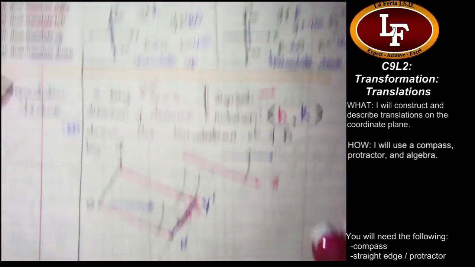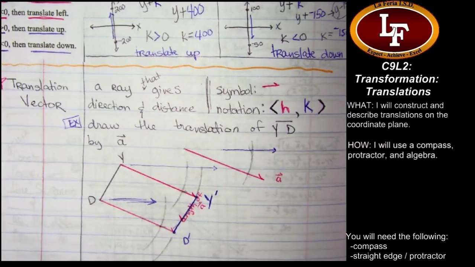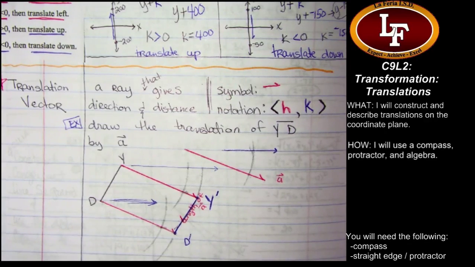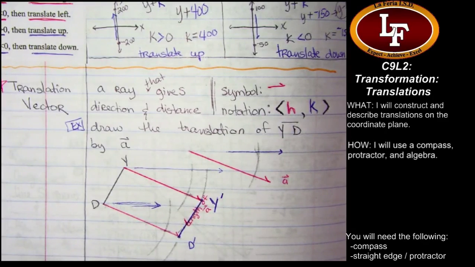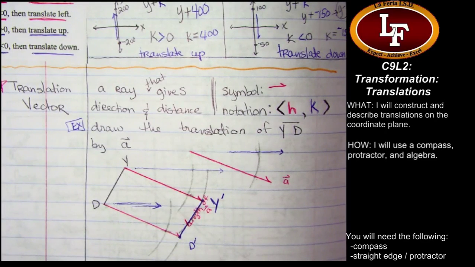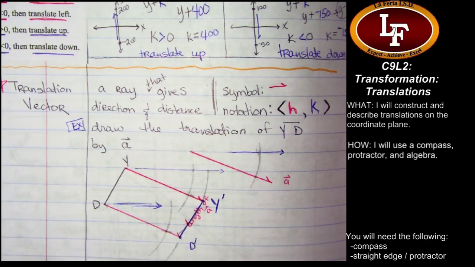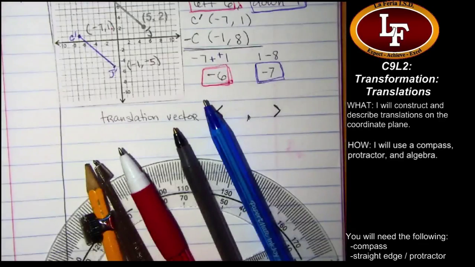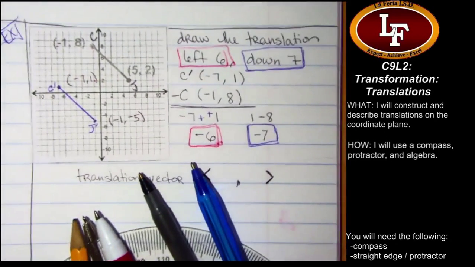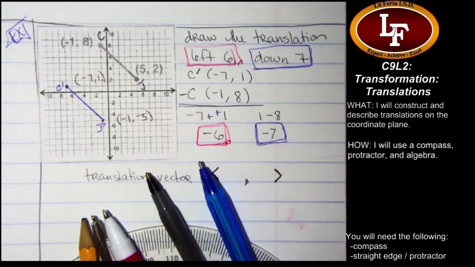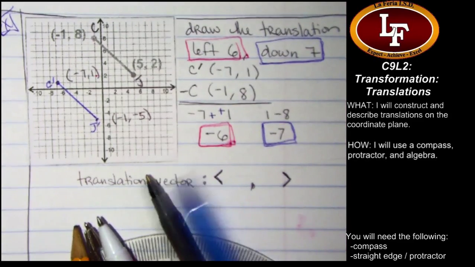And then we talked about the translation vector, and we did this weird thing where we translated stuff and we didn't have any numbers, and we had to use our compass and protractor. I know that for some this was weird, so once we finish the examples today, we'll come back and do a new construction a little slower, just so that it feels a little better for you guys. Okay? We ended our conversation yesterday on this example, talking about this translation, 6 to the left, 7 down,